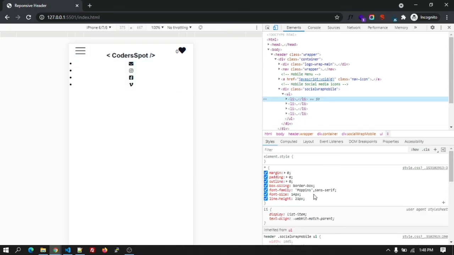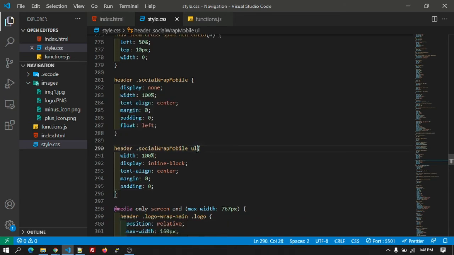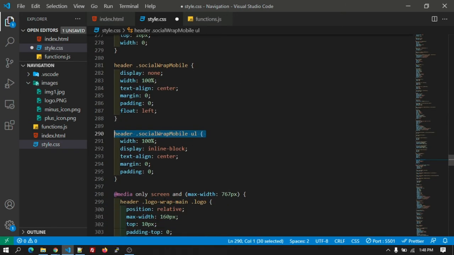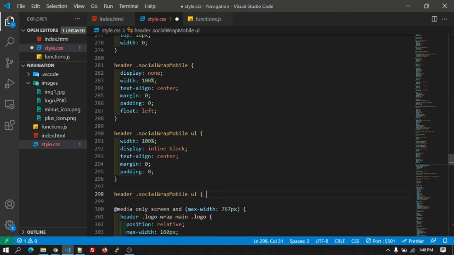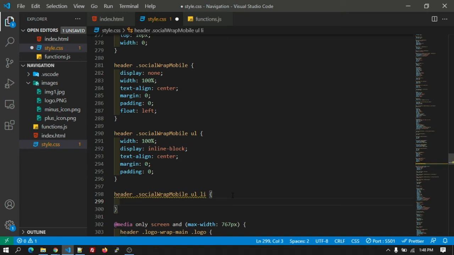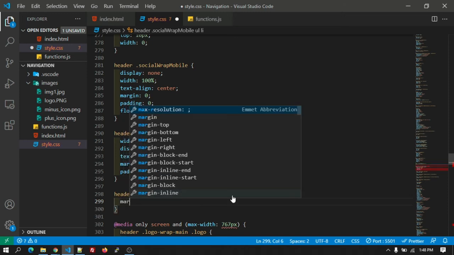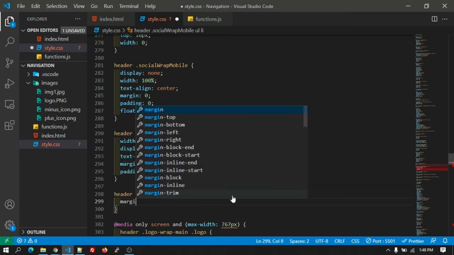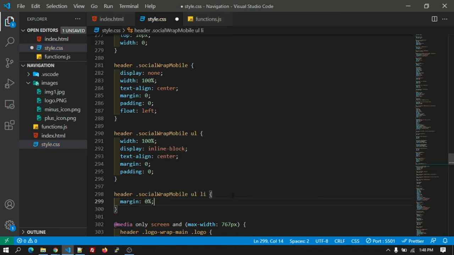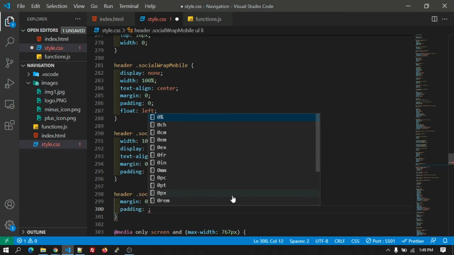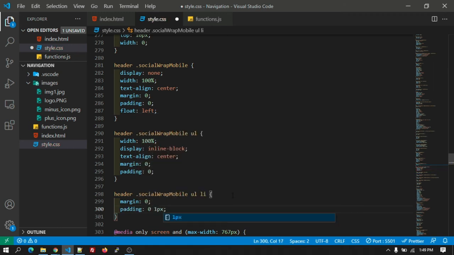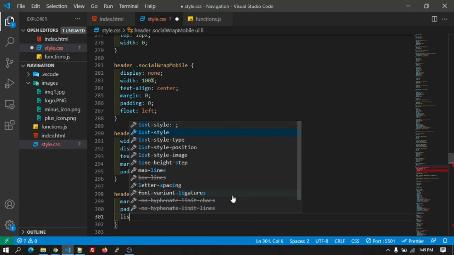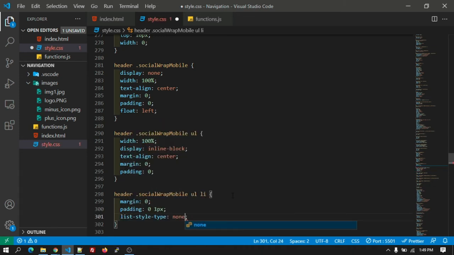Let's add the CSS for the li tag inside the social wrap mobile. Okay, let's copy that, and let's give the margin 0, padding 0, and 1 pixel, list style type none.